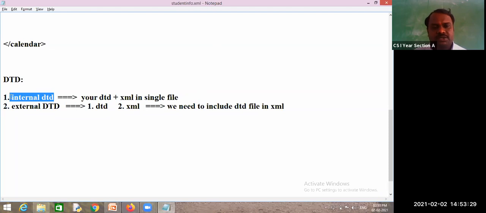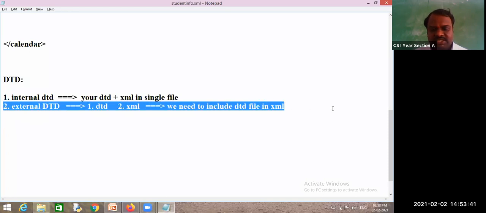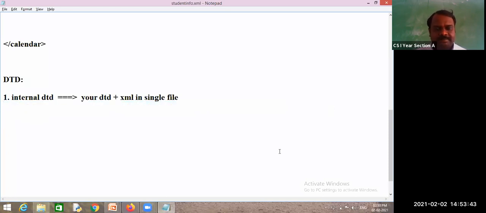If your DTD rules are present in your XML document, that is internal DTD. If these are two independent files, that is external DTD. We will learn this later, but we will start with internal DTD.